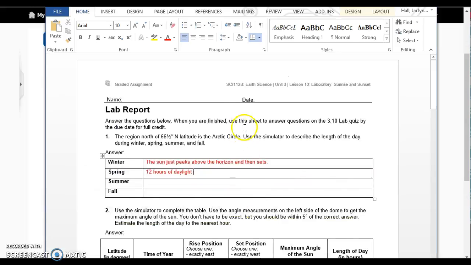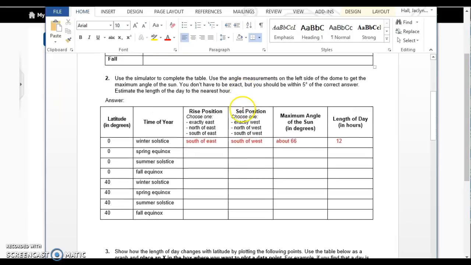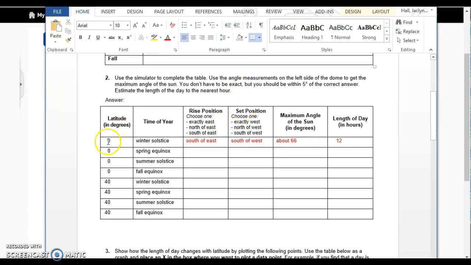Okay, number 2, I want you to fill out this chart. The first 4 are at 0 degrees latitude and looking at each time of year, and the second part is at 40 degrees latitude looking at each time of year. And it wants you to pay attention to the rise position and the set position, and it gives you your choices, and I'll show you how to do that. And then the maximum angle of the sun, and then the length of the day, so the hours of daylight. So let's go ahead and do the spring equinox